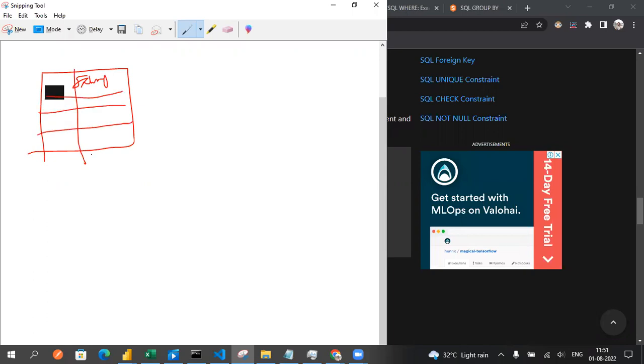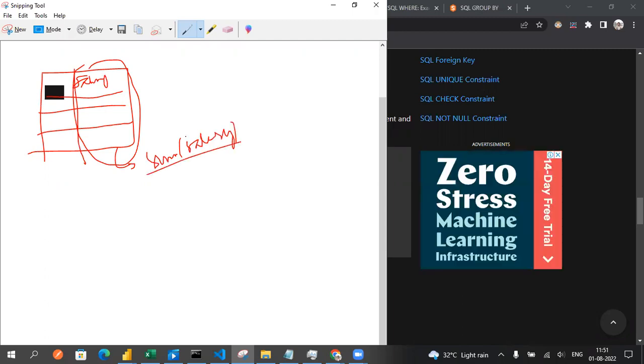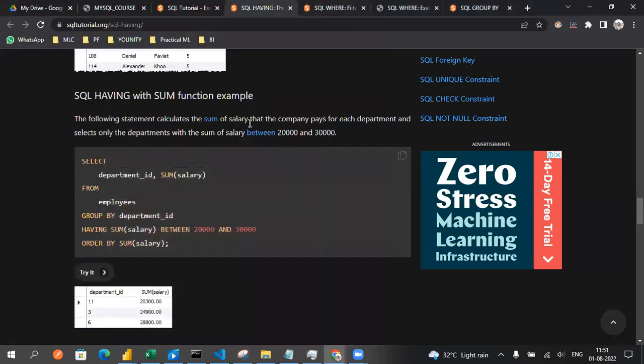At the time you're summing the salary, you will eventually end up with the sum of salary under a corresponding name, maybe total salary or monthly salary, such different names you want to specify as column names. So in that situation, you may need to write a HAVING clause with the summation of the salary between 20,000 and 30,000. So whoever has a salary between 20,000 and 30,000, you will get all the results in this middle range. Okay, so